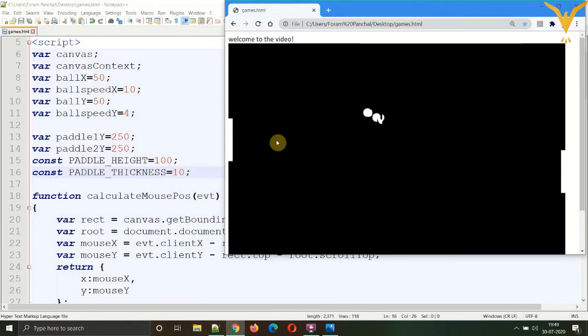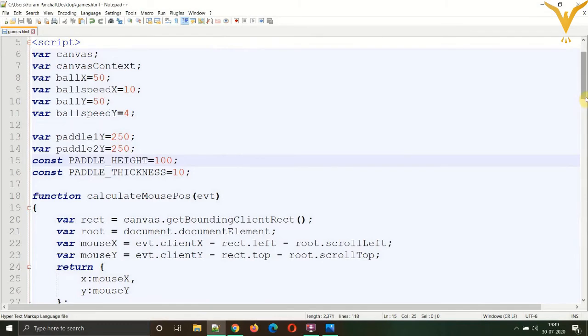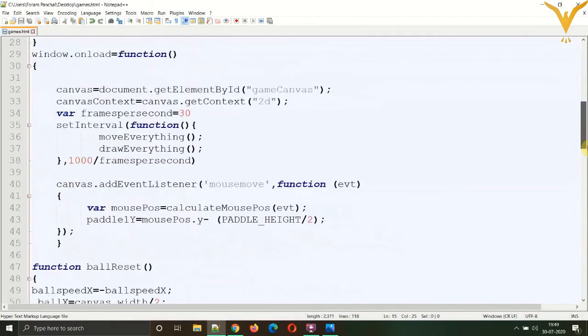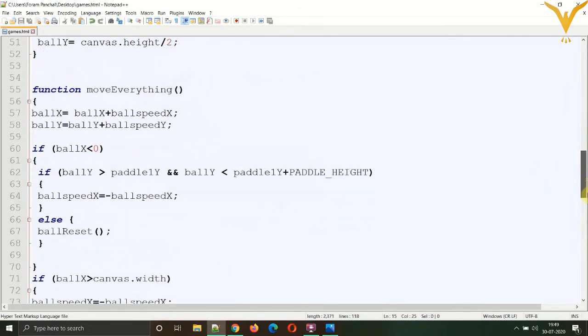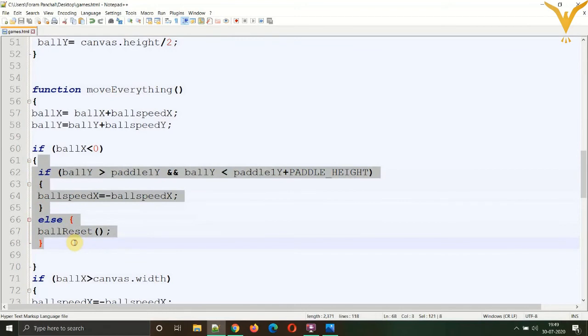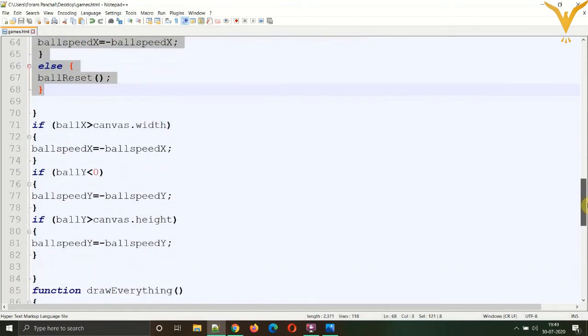Perfect. Now what we need to do is bounce the ball off the right paddle. So what we did for the left one, we need to do the same for the right one. Just copy the whole condition, if and else, and place it inside the condition where the ball is touching the right edge.